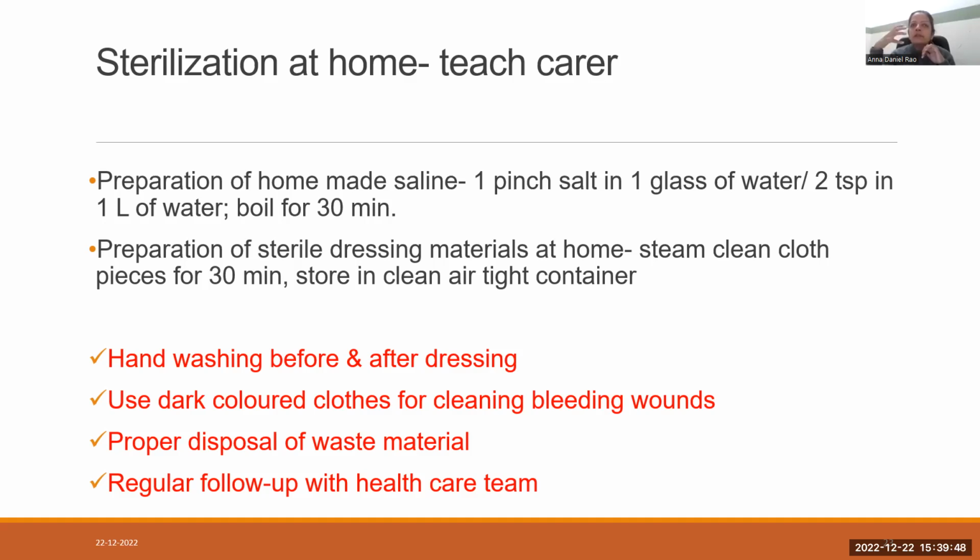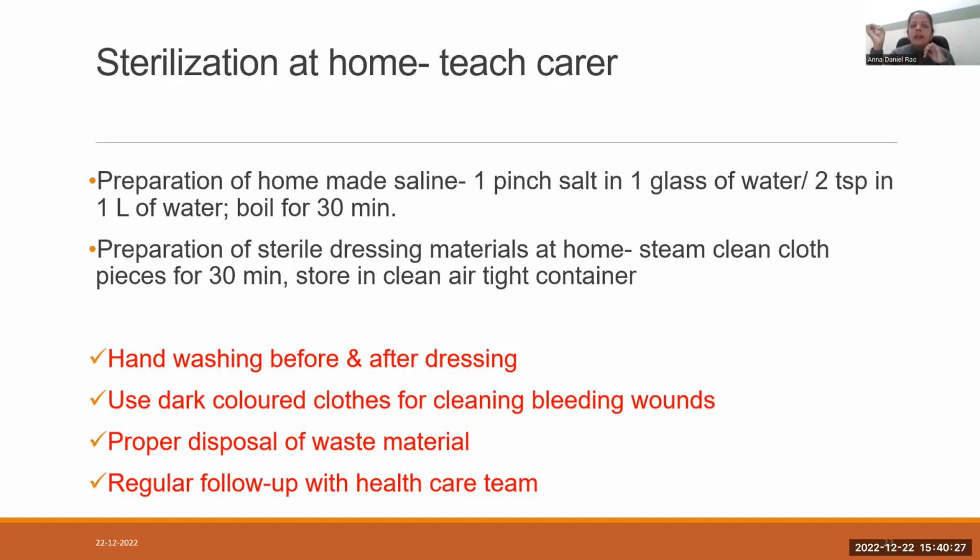Okay, so that the wound can be covered with that. Because if light colored clothes are used, it will show the color of the blood. Right? The patient himself, even the caretaker, and the kids, whoever sees the bleeding amount, will become frightened. Okay, and it will cause a lot of anxiety. So we don't want that, because it will again raise the blood pressure and more bleeding will occur. Okay, so always tell the patient's relatives to keep this type of clothes handy so that it can be covered